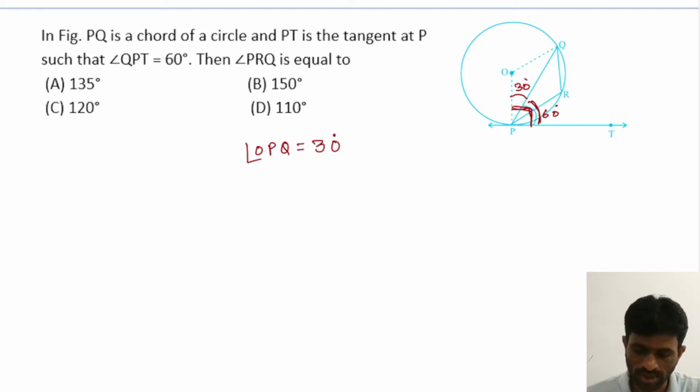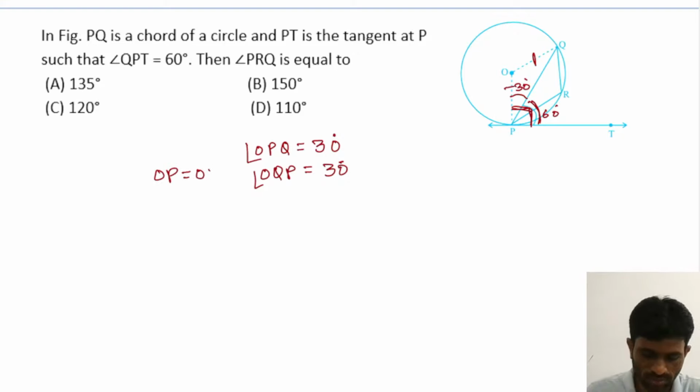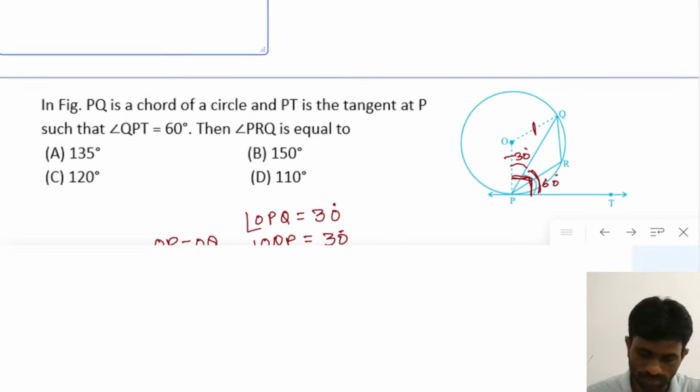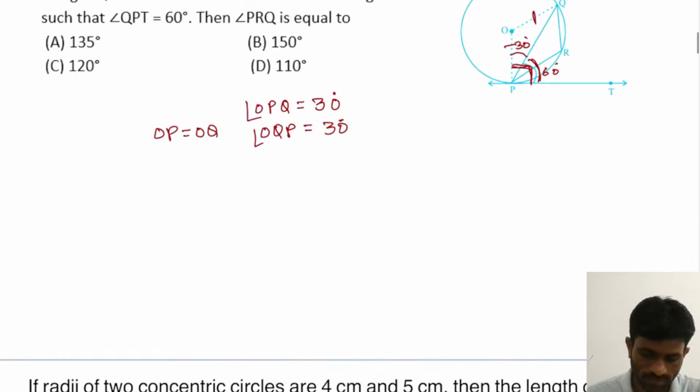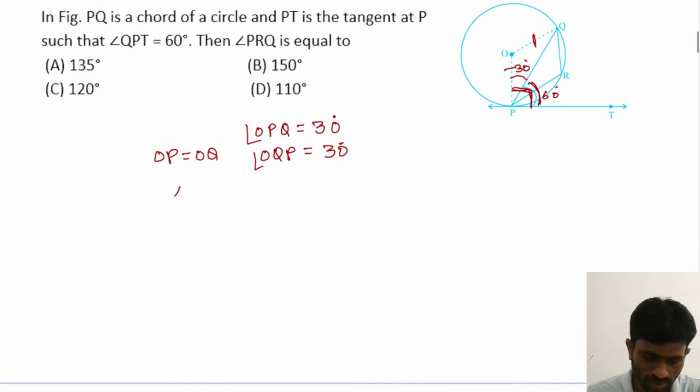Angle OPQ is equal to 30 degrees and angle OQP is also 30 degrees because they are the same. Because these two are radius. Why? Because OP is equal to OQ, radius. Then you can take triangle OPQ. In triangle OPQ,